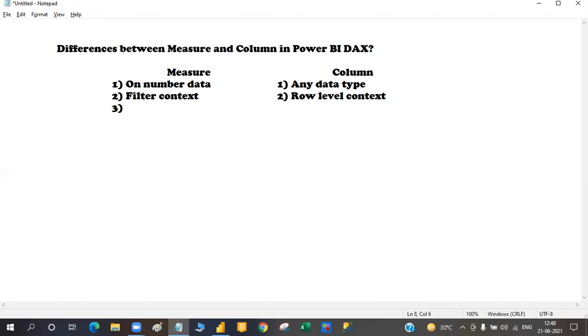Measures are not predefined calculations, they are on the fly, dynamic calculations.